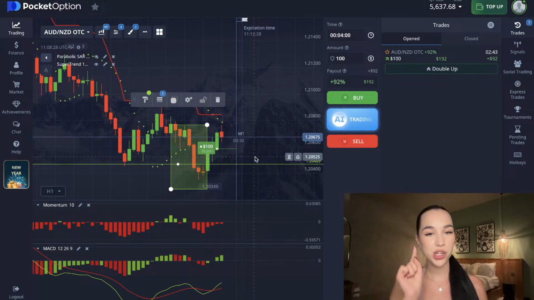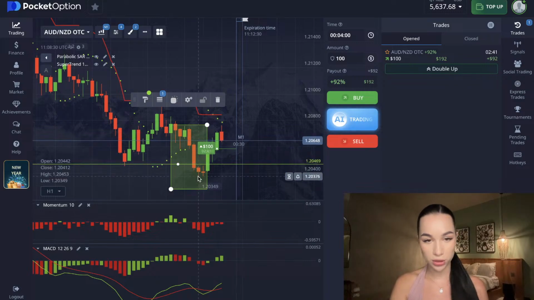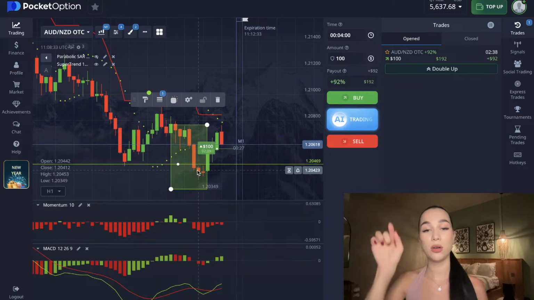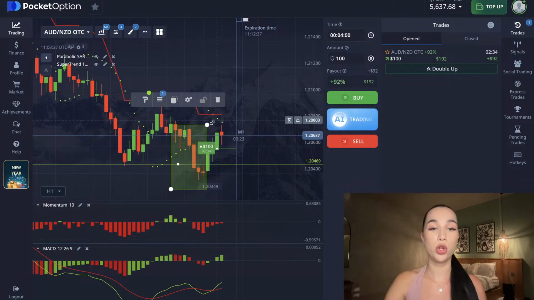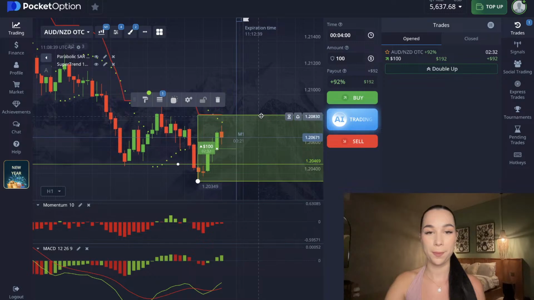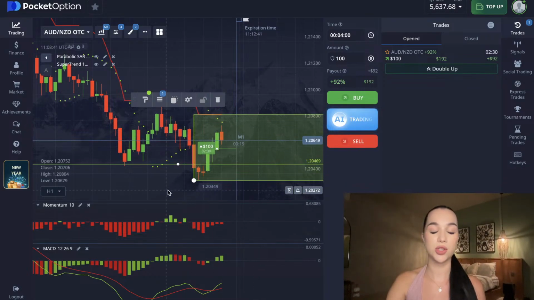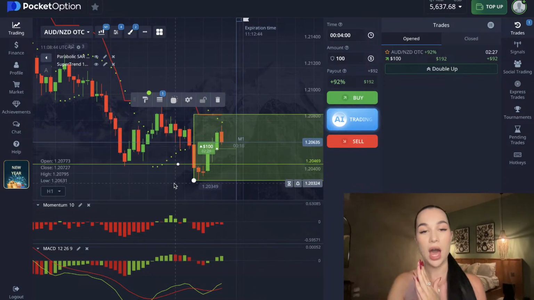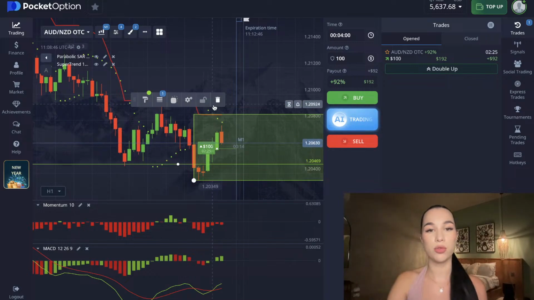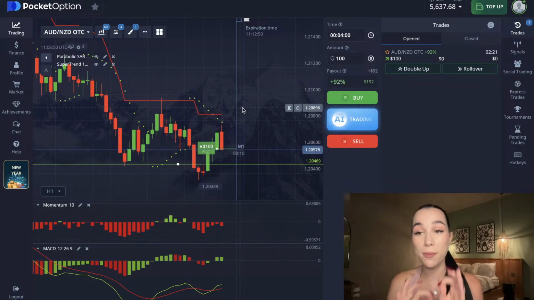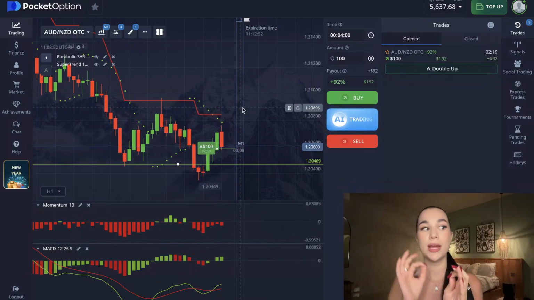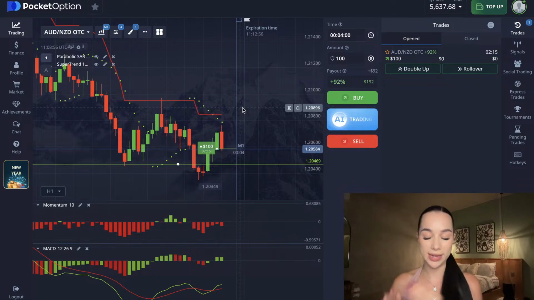So here it changed a little bit. It achieved its support level, even broke it for a bit, and now it's reversing up. But at the same time, it could reverse. It could also just go straight right now like this, because as we can see, it's not really strong upward movement. We can see a red candle here right now. So the market fluctuates a lot, and there are so many things you should think about and analyze to get a profit. So that's why it's not an easy thing, of course. But anyway,